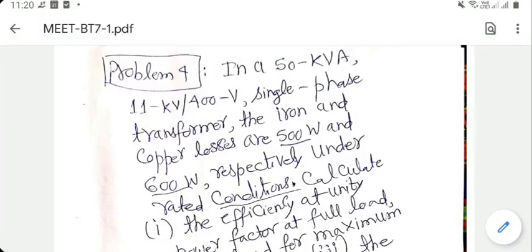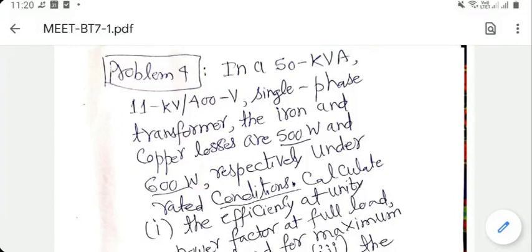400 volt is the secondary recommended voltage. It doesn't have to be that all the time. Depending on the load, these voltages will change a little bit. Even primary and secondary currents will continuously change depending on how much load you are applying to the secondary. But these are nominal values.